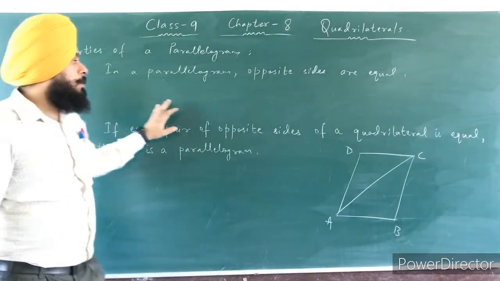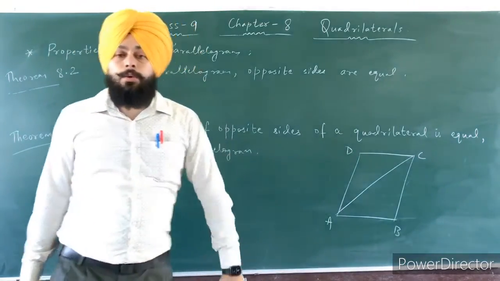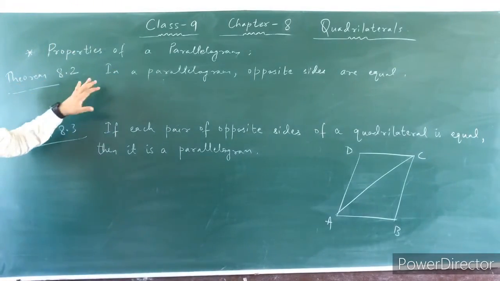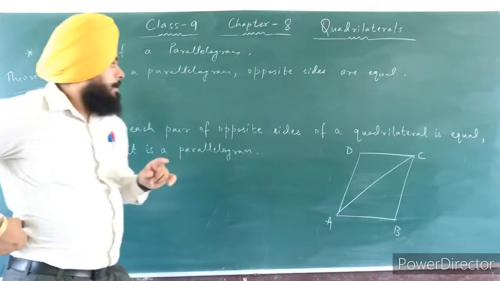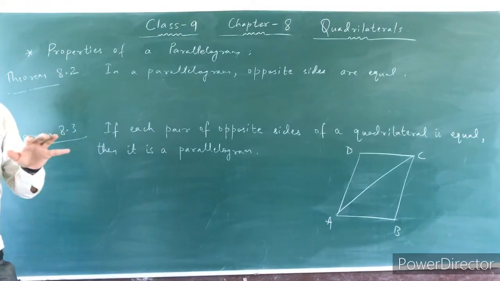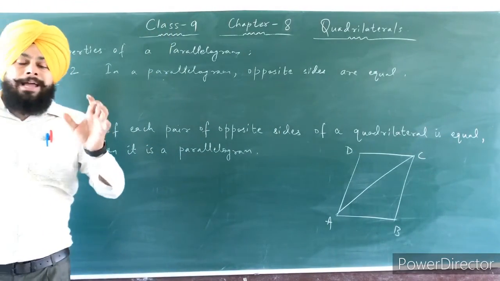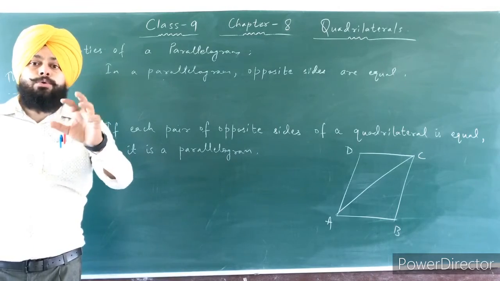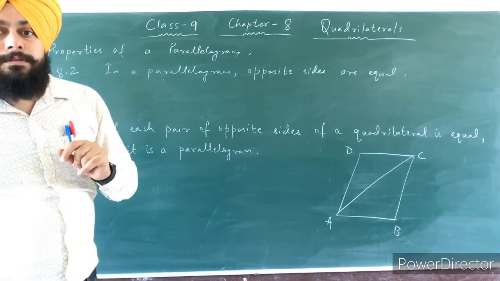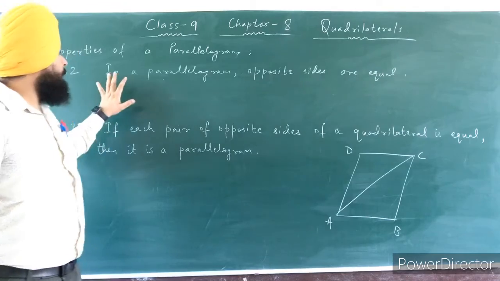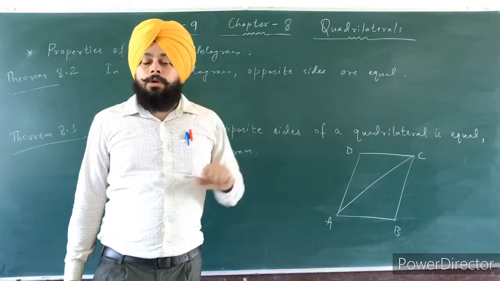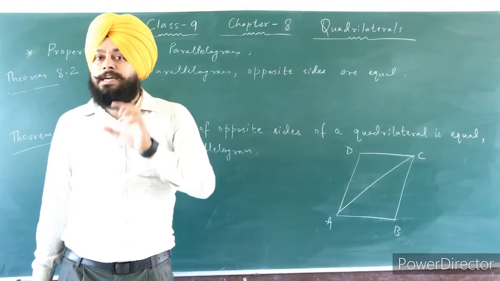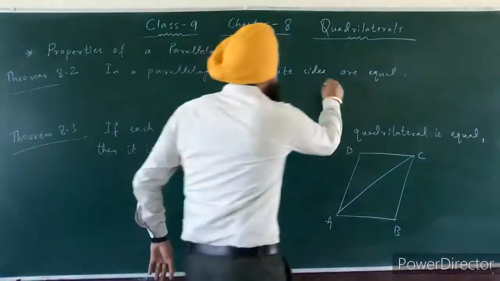In a parallelogram opposite sides are equal. So we saw the first theorem, 8.1. In that theorem we discussed that in a parallelogram a diagonal divides it into two congruent triangles. So in this theorem we will learn opposite sides are equal. कि जो parallelogram के opposite sides हैं वो equal हैं. So again